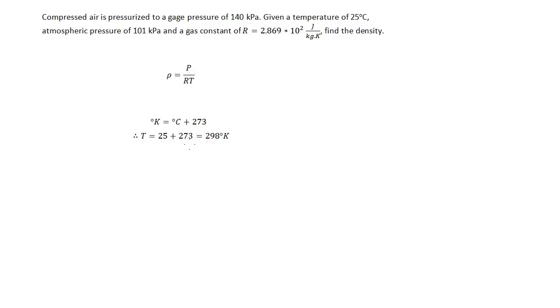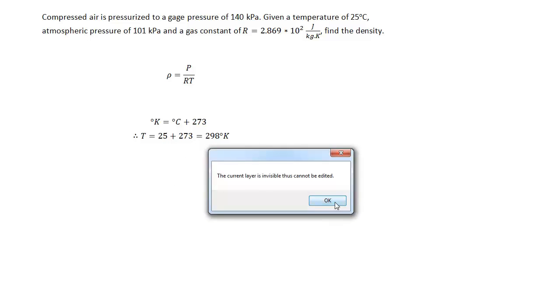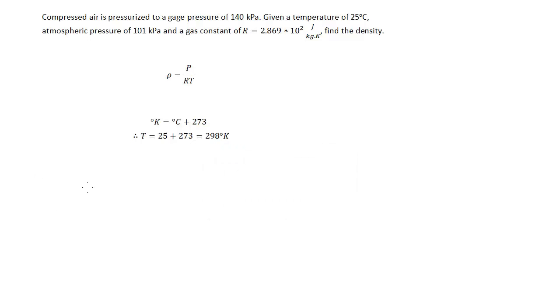So adding these two together, we get 298 degrees Kelvin. Now pressure, it is also necessary to use the correct units with pressure. So what we need to find is absolute pressure. So what we'll be looking at at this point in time is we're assuming we've got some sort of enclosed vessel, we'll say, so some sort of gas tank,